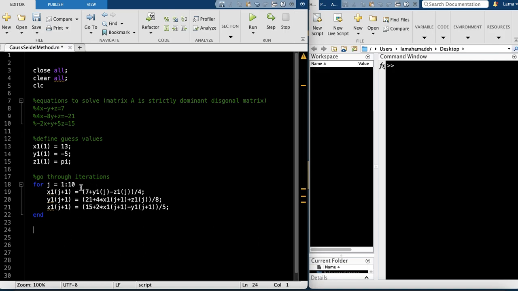So in this loop, it will go over 10 iterations, and in each iteration we are using the values of these unknowns that are already calculated within the iteration, rather than waiting until the iteration is done. All right, now let's plot the values, or the